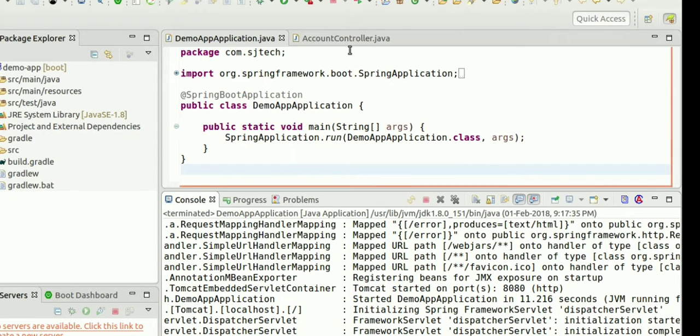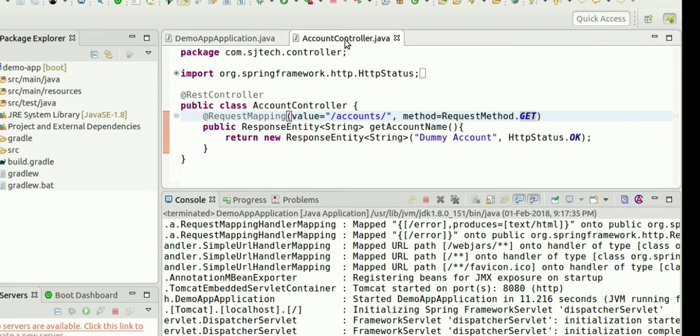Now let's see the controller. The controller is the important part of this project because we are going to do our development in this particular class. Why? What is the work of the controller? Let's say the server is up and you have sent a request. This controller will map the request to the method that should get executed to get the response for that particular request.